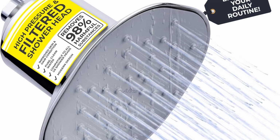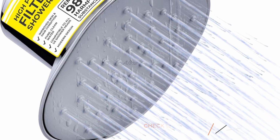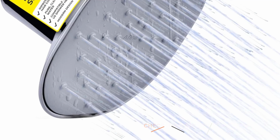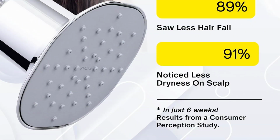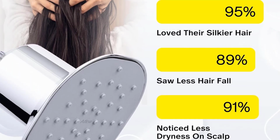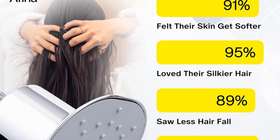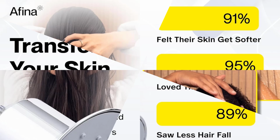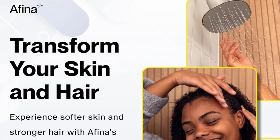Designed to provide enhanced water pressure while filtering out chlorine, minerals, and other impurities, this showerhead helps soothe dry, itchy skin and promote healthier hair. Ideal for those suffering from dandruff or dryness, the Afina showerhead improves your skin's condition and gives your hair a refreshed, healthy look. Its advanced filtration technology eliminates harsh chemicals, reducing common skin issues and enhancing overall skin and hair